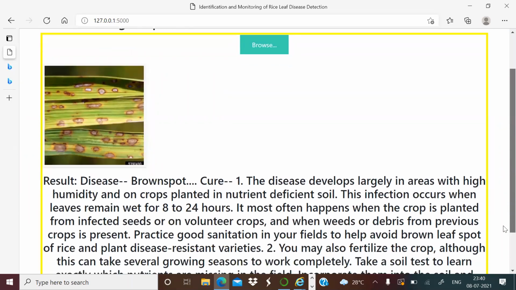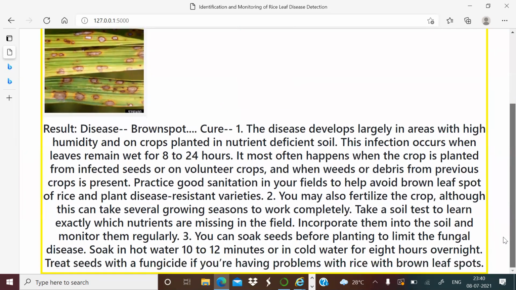As you can see, it has correctly predicted the disease and the cure is also displayed.